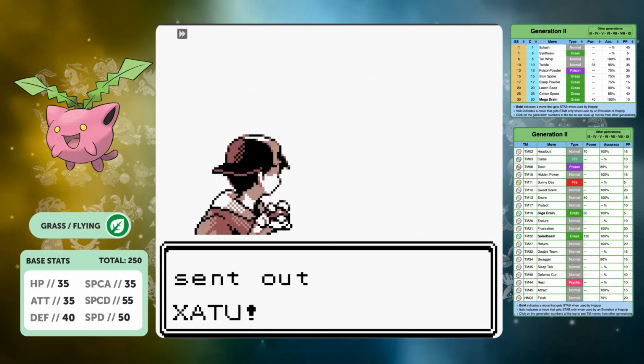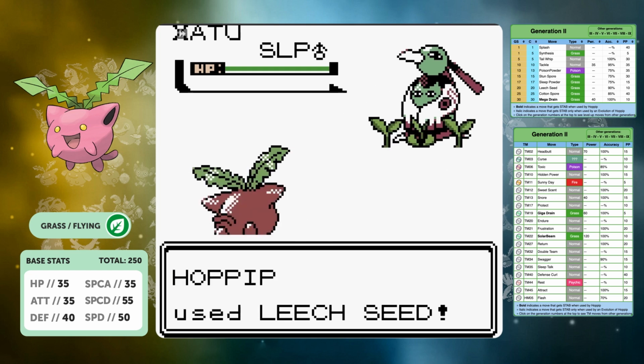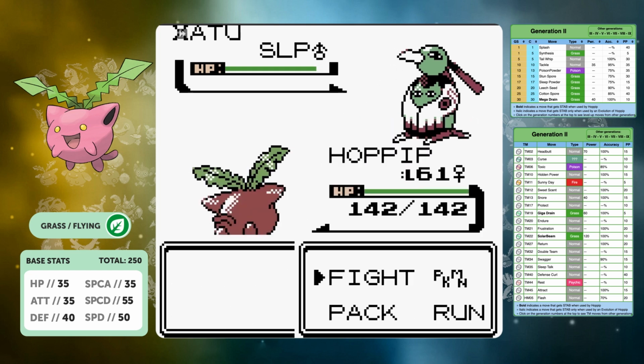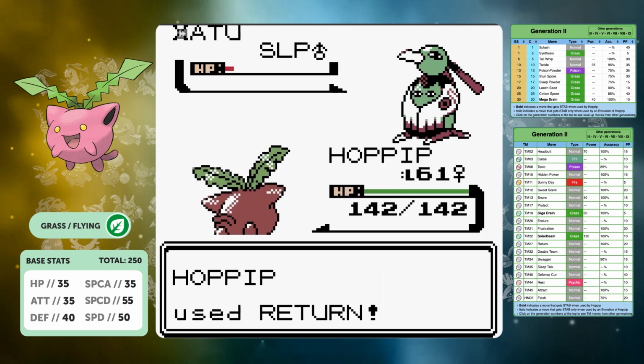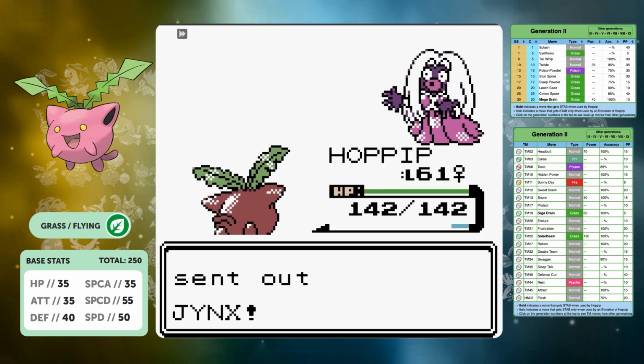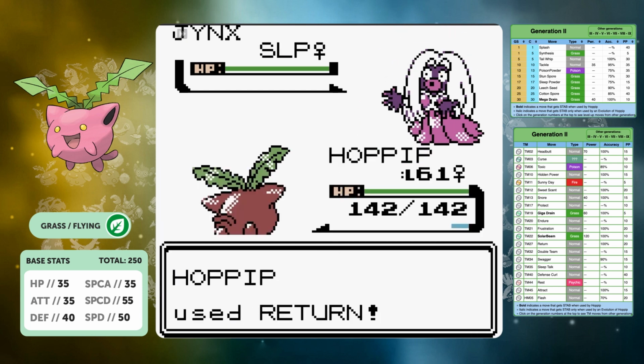First up is Will, and he's got quite a varied team. I quite like Will's team. It's quite well constructed, apart from the fact he's got a duplicate Xatu. There's another Psychic type he could have had, like Girafarig here, but who am I to say what team he should have had? Jinx is a great Pokemon because it's got Ice typing, which, if you can couple it with